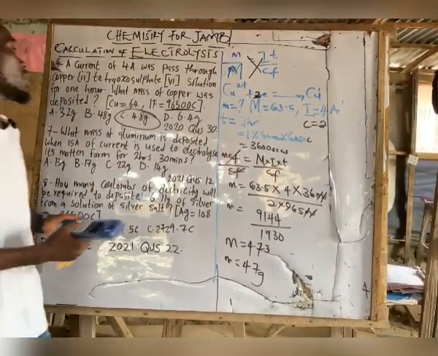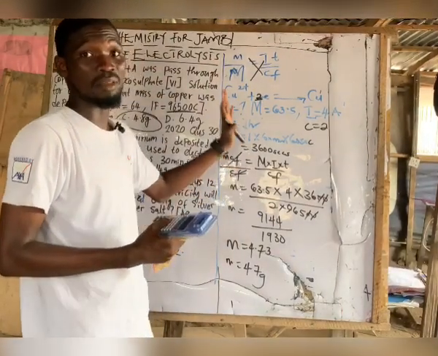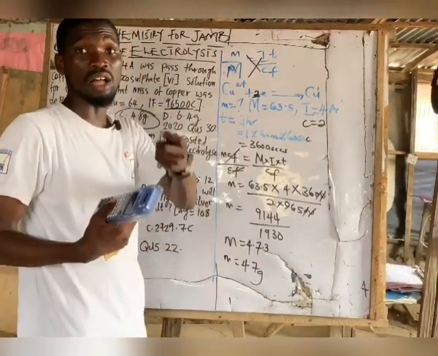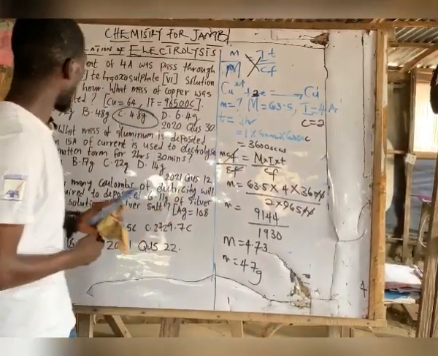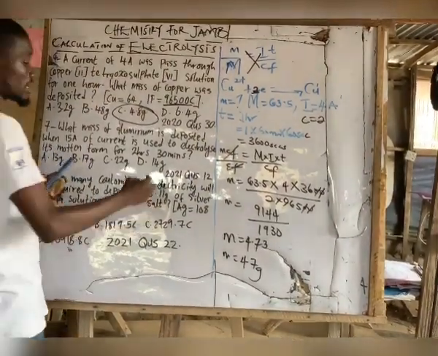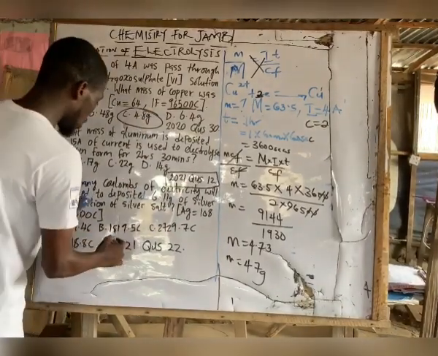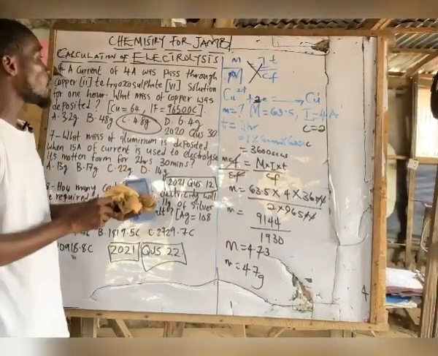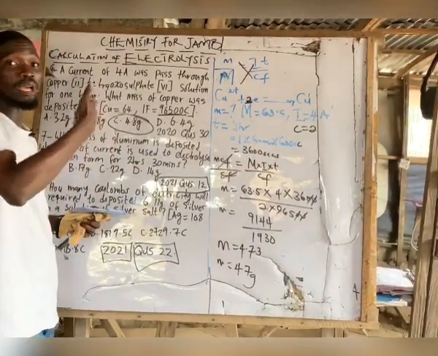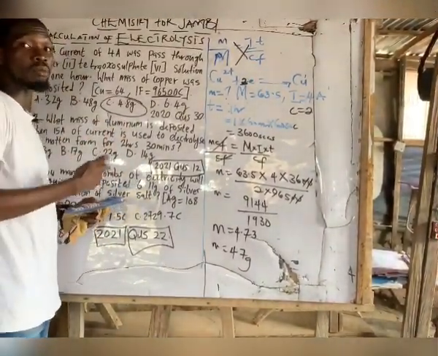So if you look at what you have on the board, we are using the same formula and the same method. So for those of you looking for shortcuts out there to solve your electrolysis, I'll be stopping the class here. So I want you all to practice this as a Jamb bite. Go to 2021 question 12 as well as 2021 question 22. You know, earlier I told you guys that for every electrolysis, there are some elements Jamb always play with. The likes of copper, aluminium,